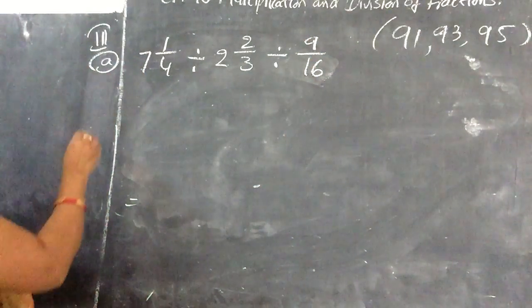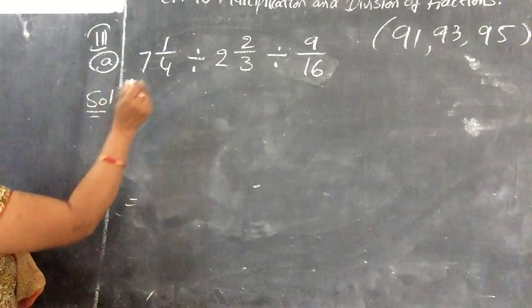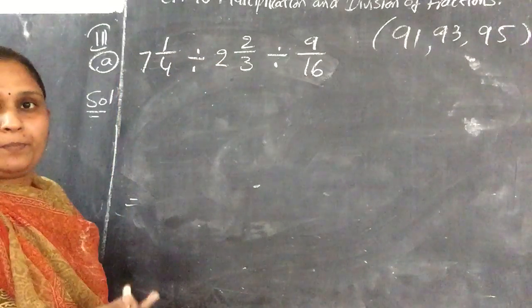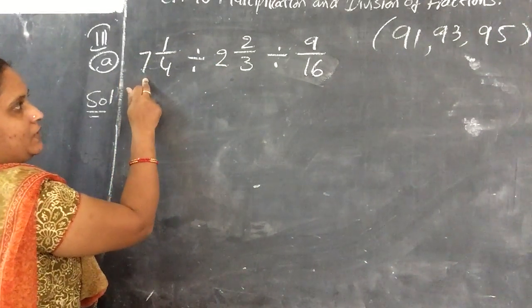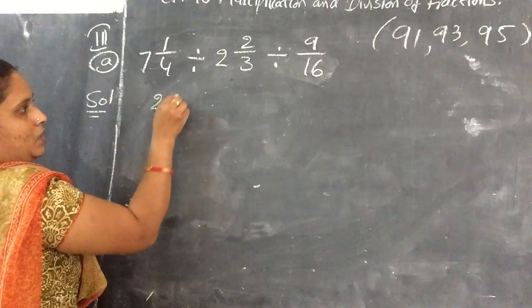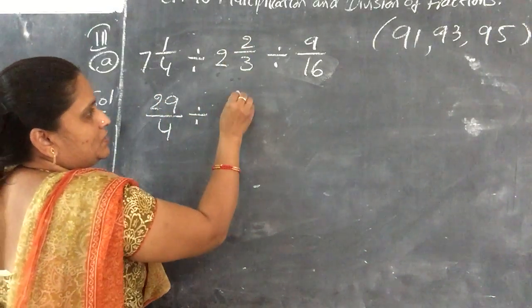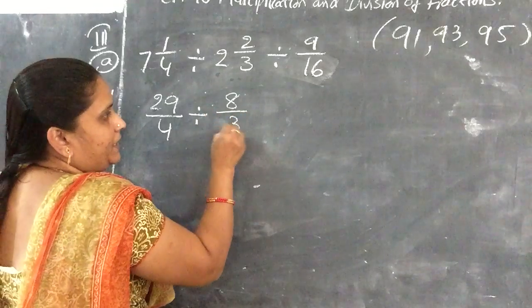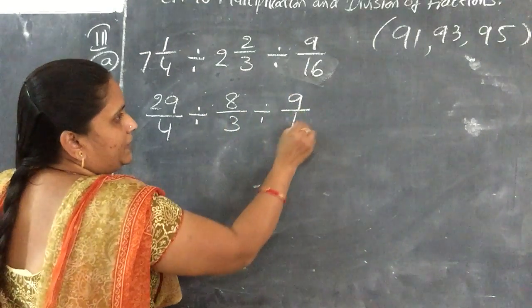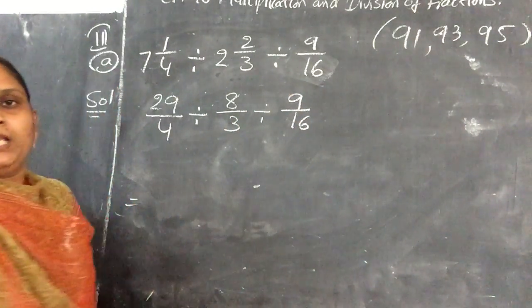So first, when you are doing the solution, convert the mixed fraction into improper fraction. 7 4s are 28 plus 1 is equal to 29 by 4 divided by 2 3s are 6 plus 2 is equal to 8 by 3 divided by 9 by 16. Okay, now